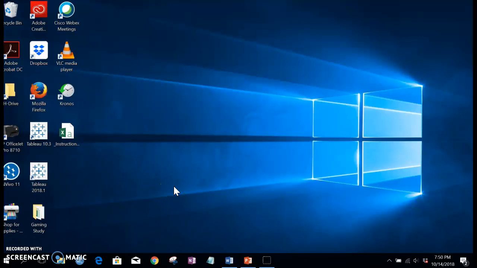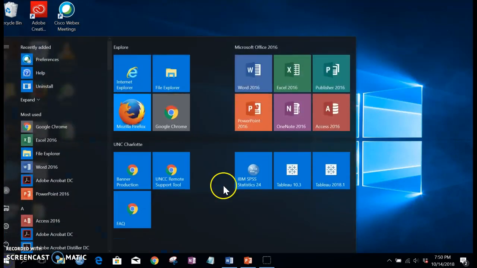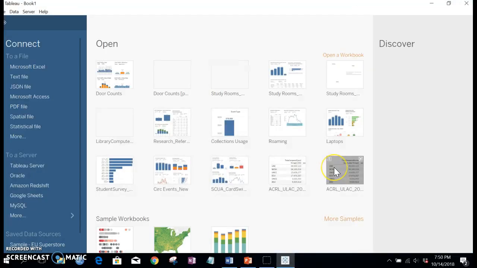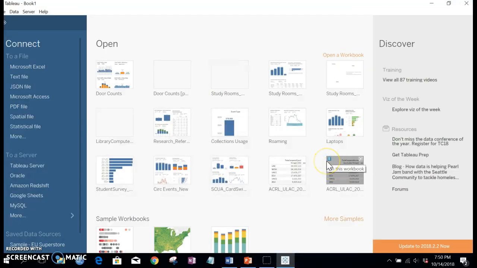So getting started in Tableau is pretty easy. The first thing you need to do is open up the Tableau software. I'm using a desktop version with the license purchased by my employer, and I hope that the version you have downloaded for class looks very similar. So the first thing I want to do is